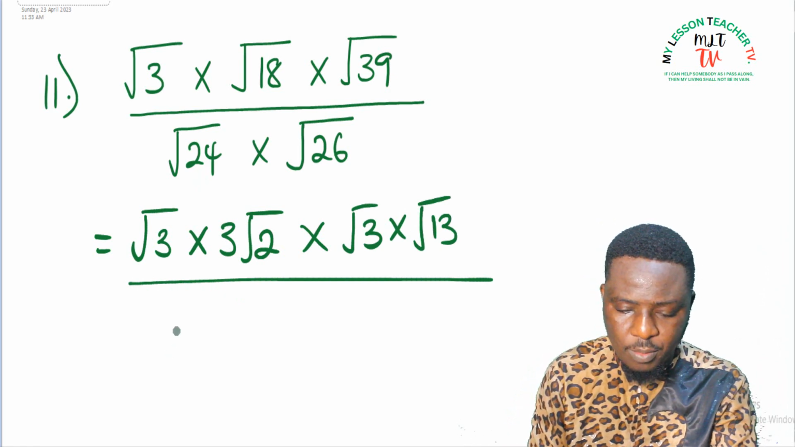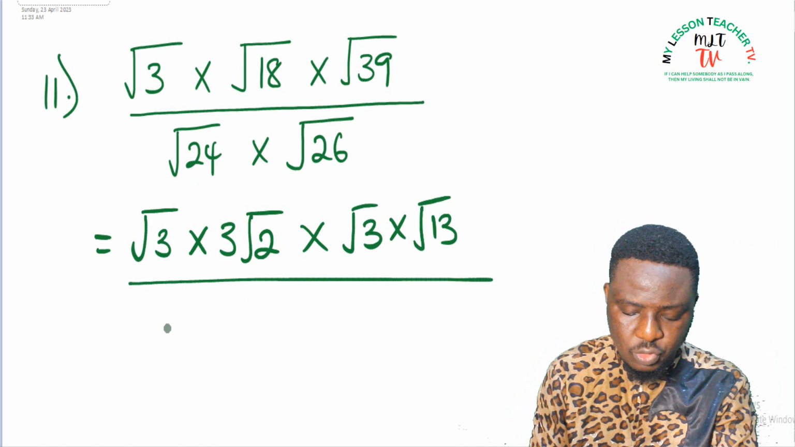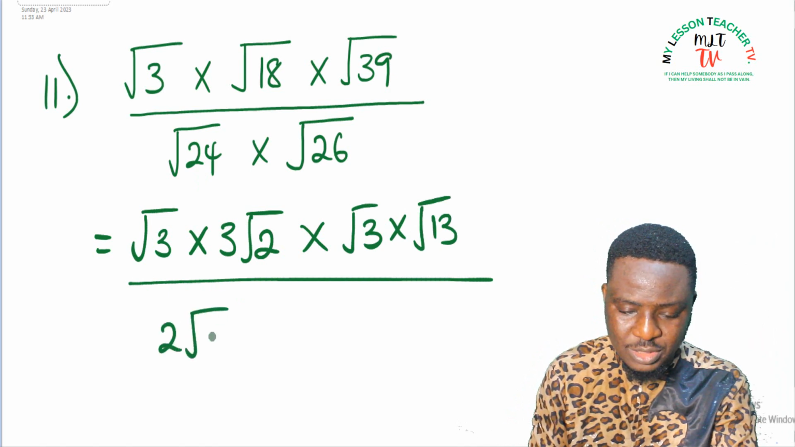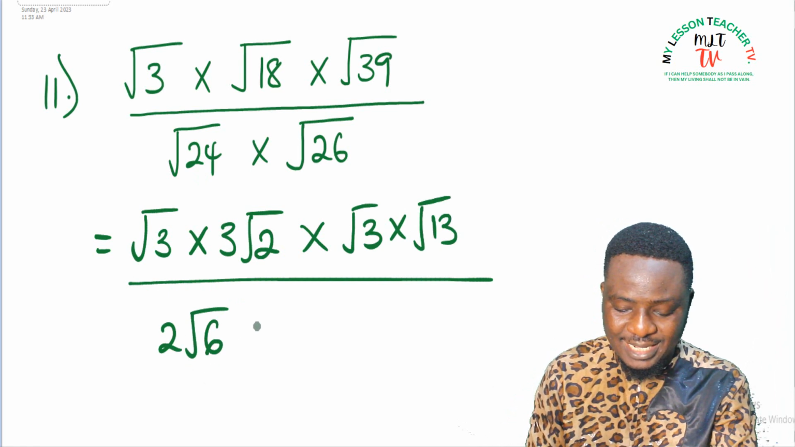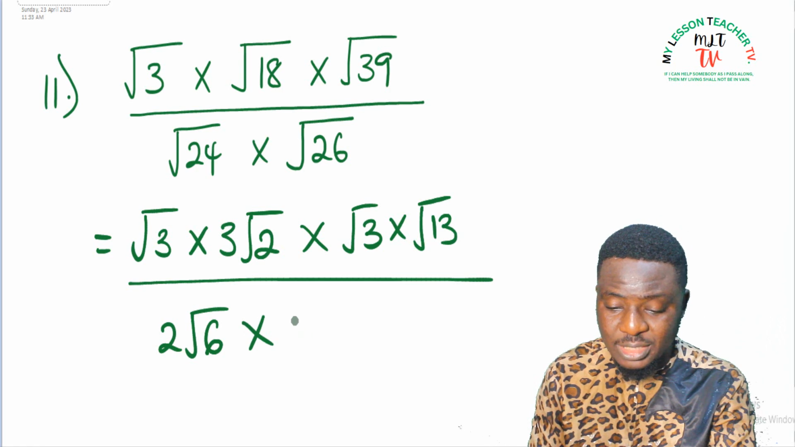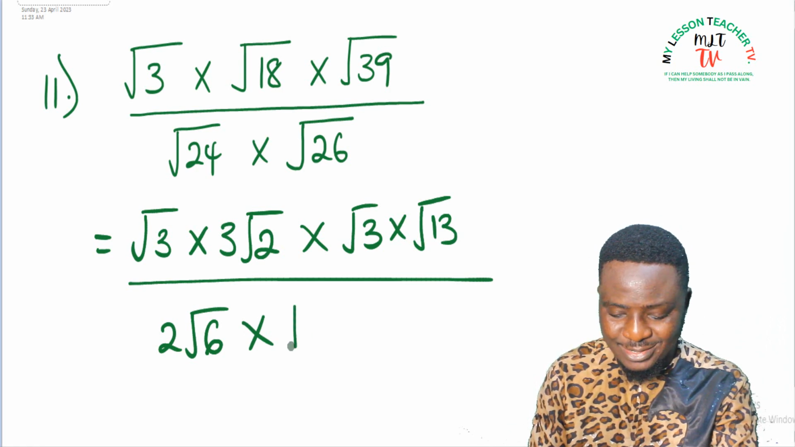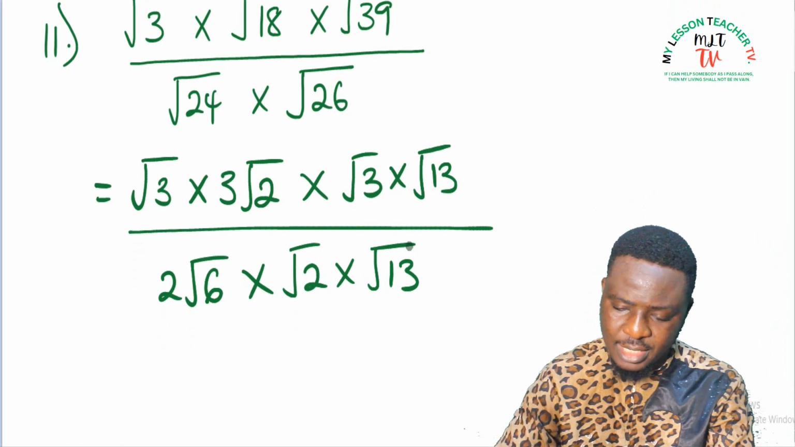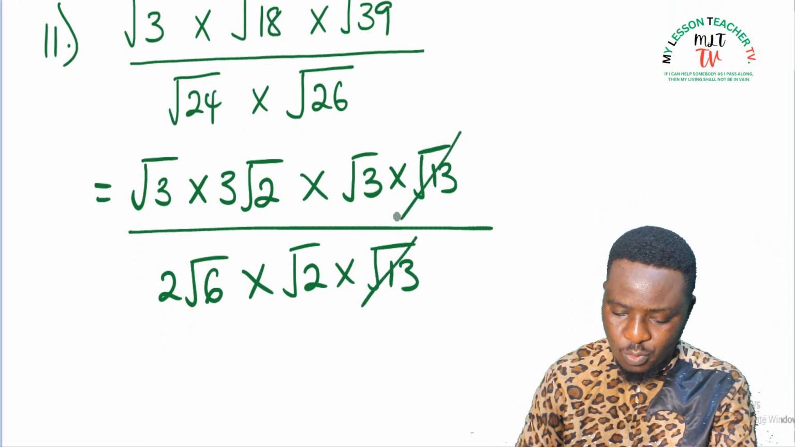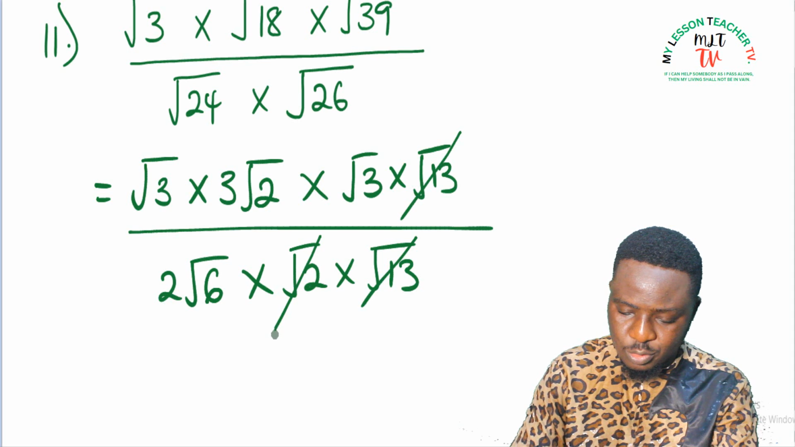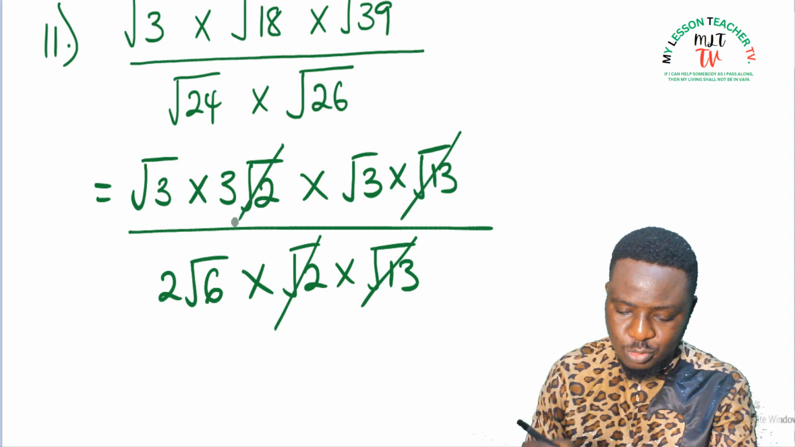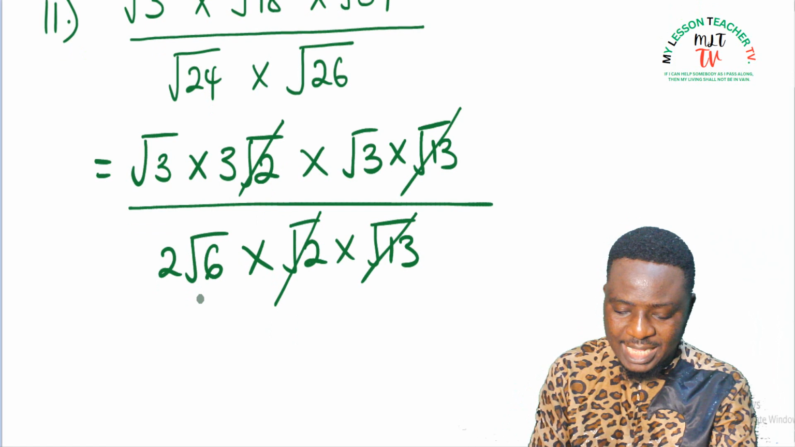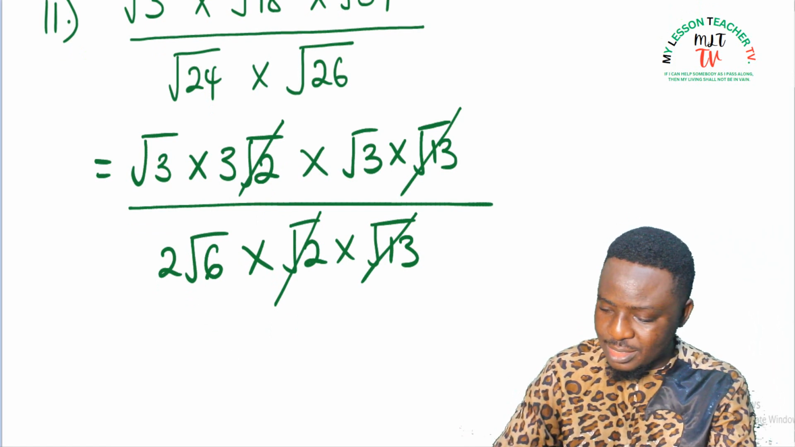root 24, which is 2 root 6, times root 26. 26 can be said to be 2 times 13. So I have root 2 times root 13. Yes. So if you look at it, something can divide. Now, root 13 will divide itself. 2 root 2 will divide 2 root 2. Now, watch this. I can still simplify root